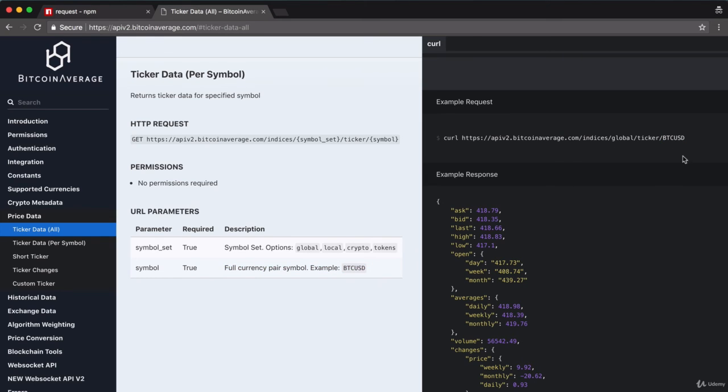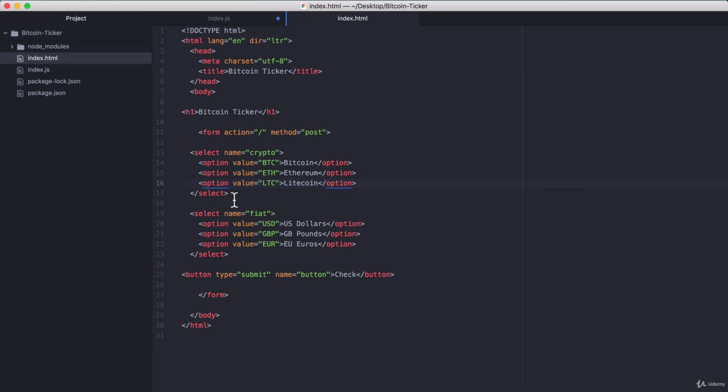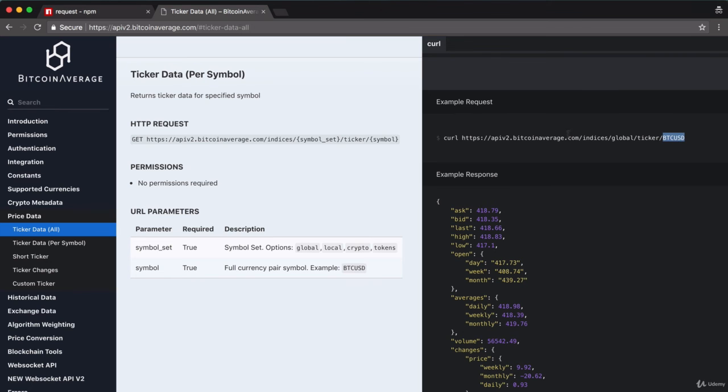So the first part is the cryptocurrency, and the second part is the fiat currency that you want. So you might notice that these symbols match up pretty perfectly with what we've got as our values in our drop-down menus. So we'll be able to combine these values on the fly and generate a URL in order to get the relevant data. But let's first test it out with the default option, which is converting from Bitcoins to